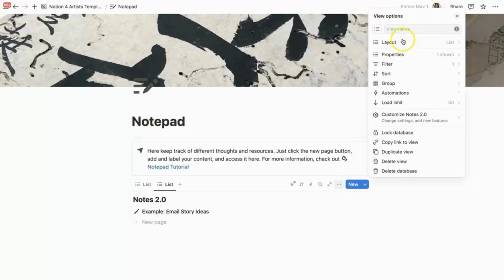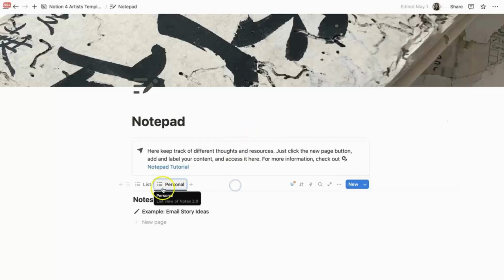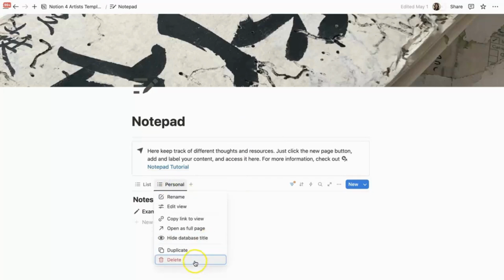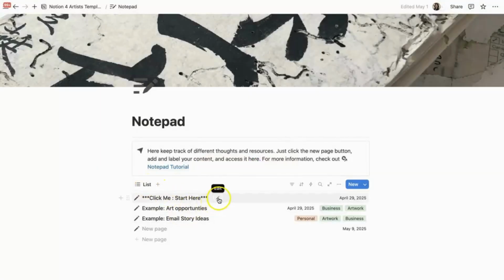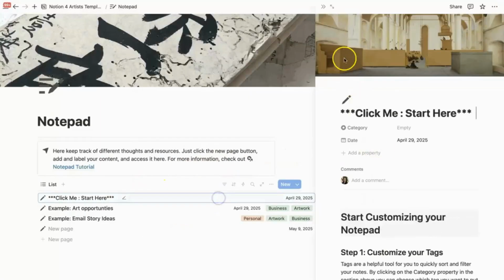Since this is filtered on personal, let's change the name to personal. And now you can see here all my personal notes. It's like having your different notebooks stacked on top of each other. No longer want it, press delete, and you'll go back to the main database. Returning to the start here,